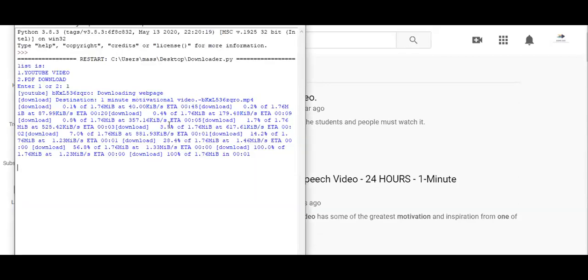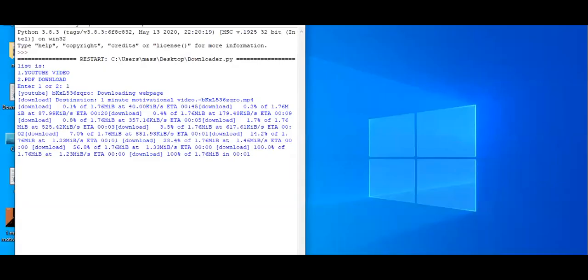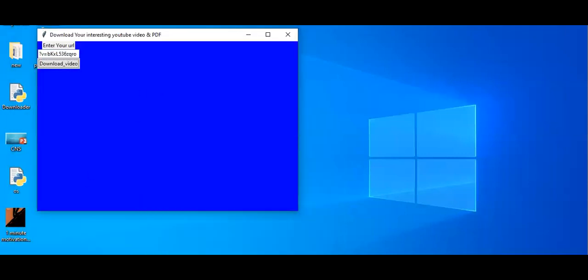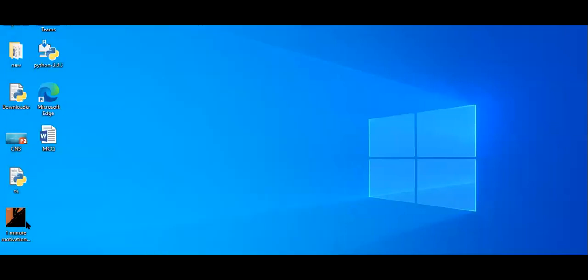You can see here it is downloading. Yeah, I think it is downloaded on my laptop now. You can see here that the 1 minute YouTube video is downloaded. This is in MP4 format. There is no need for any external app.